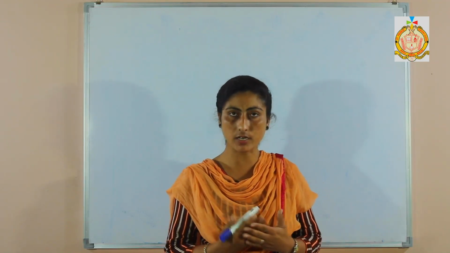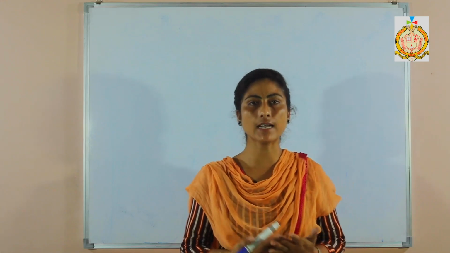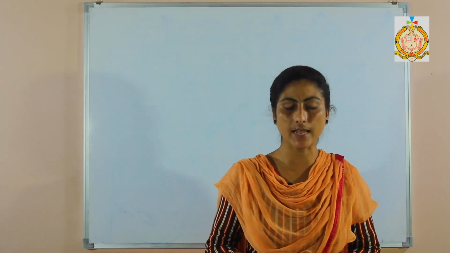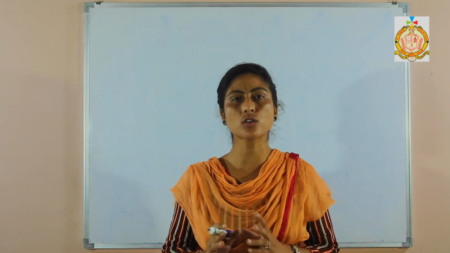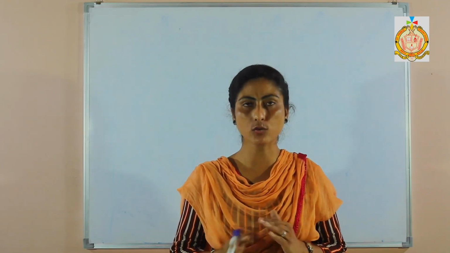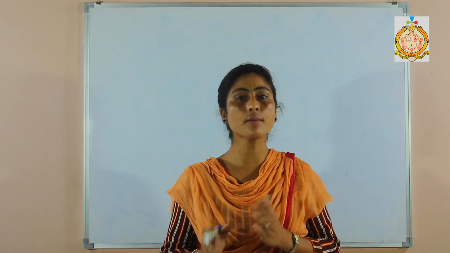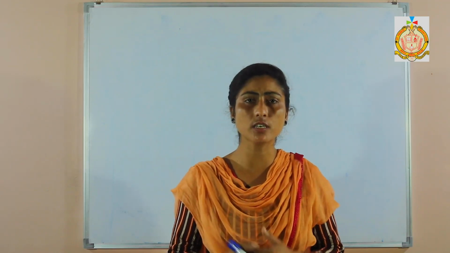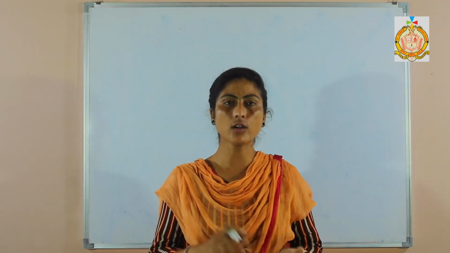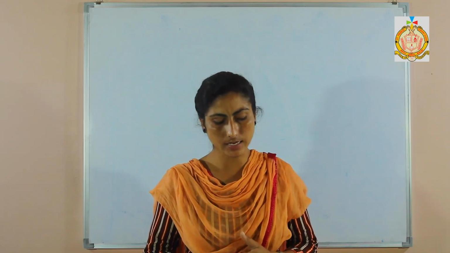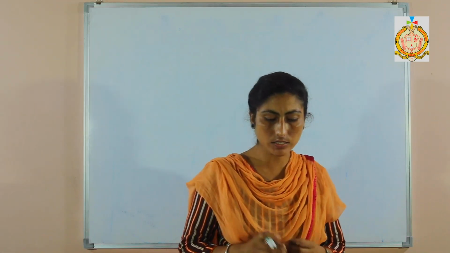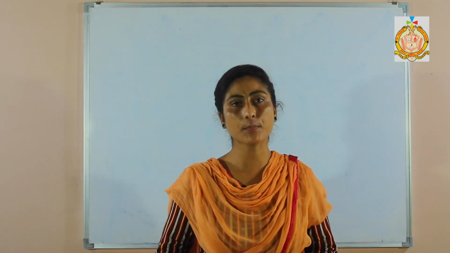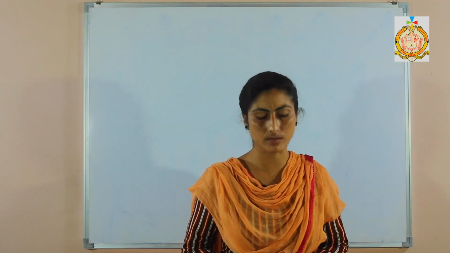Soil is a solid mixture. It is a mixture of sand, clay, dust particles, salts and the remains of plants and animals. Then seawater is a liquid mixture. It is a mixture of many salts dissolved in it. Next, air is a gaseous mixture. It is a mixture of several gases, oxygen, nitrogen and other gaseous compounds like carbon dioxide, and water vapors are present in the mixture of air.